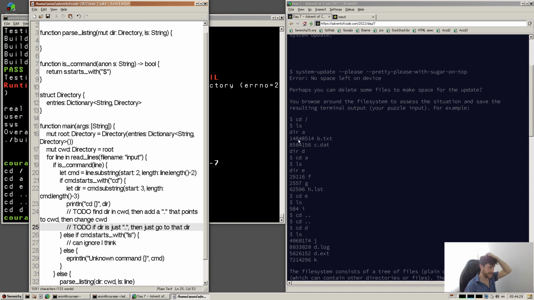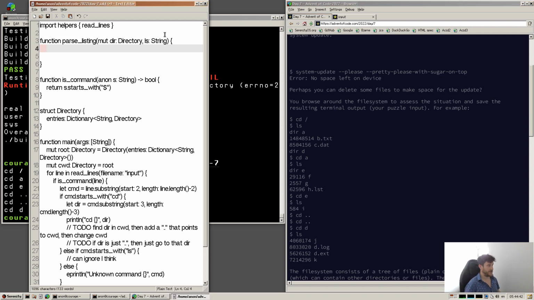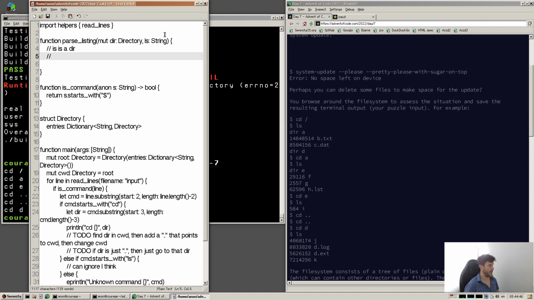And so that pseudocode should kind of cover all of these CDs, and then we have the path listing, which here we need to first see: is it a dir, is it a file with file size, and so I guess a directory,